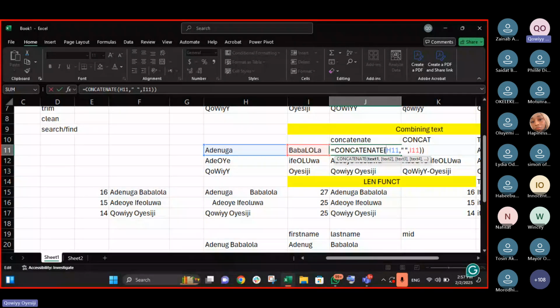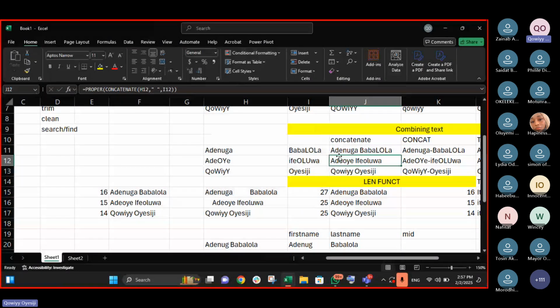In this case, we might have an issue with what proper is going to give us here. Proper applies to just one cell. Ordinarily, it does not have any order.